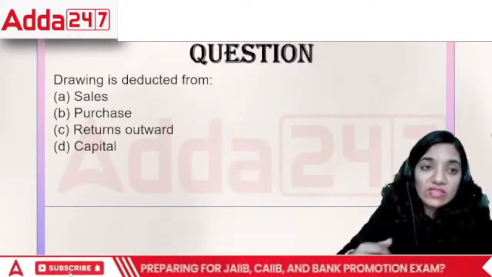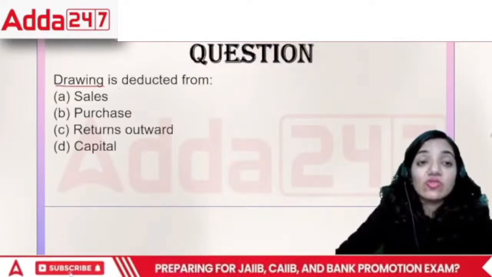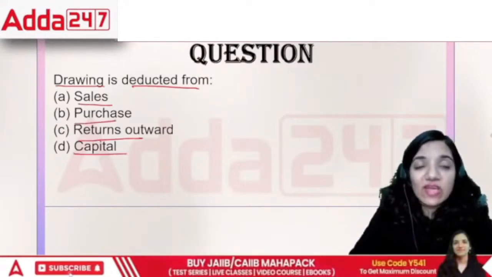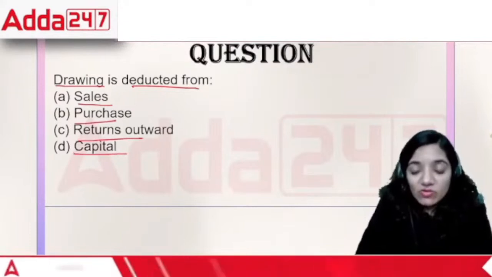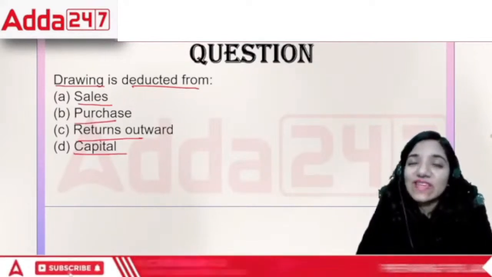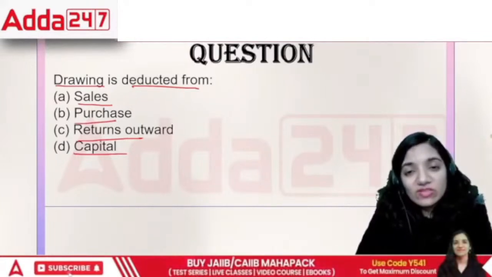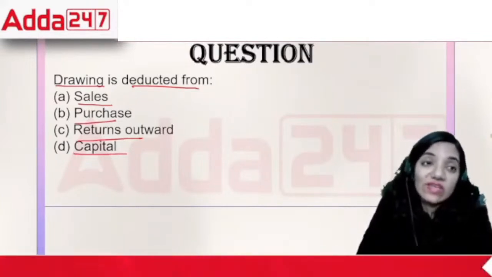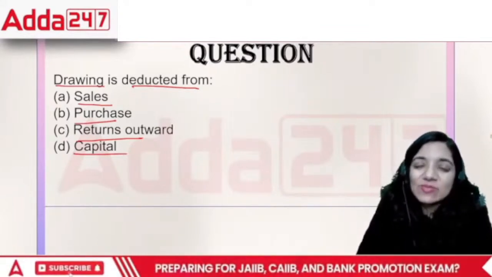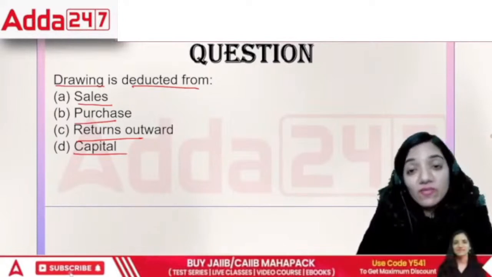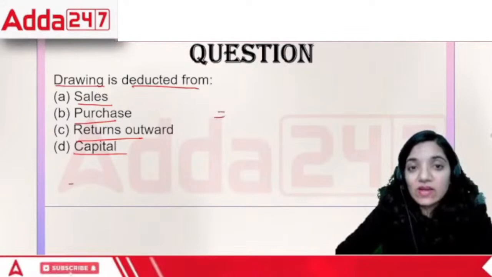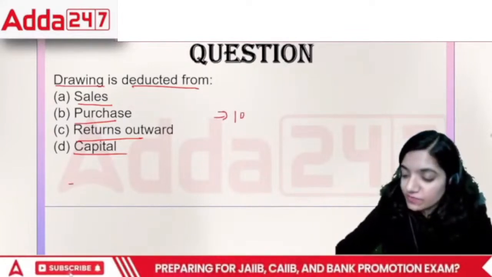Now let's move on to the next question. It says the drawings is deducted from sales, purchases, return outwards or capital. What is drawings exactly? Drawings refers to the amount that I have withdrawn from the business for my personal use, isn't it? If I withdraw money from the business organization for my personal use, it's called drawings. But that means that whatever money I invested in the business is being lessened because I am taking money out of the business. For example, I introduced 10